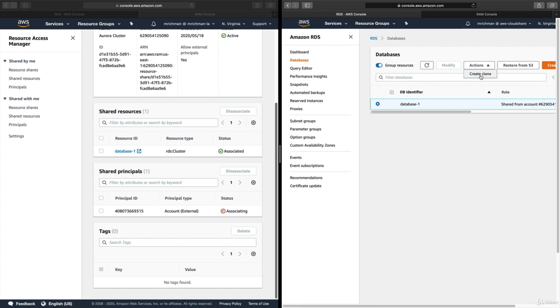So that's just a simple example of how we can use AWS Resource Access Manager to share resources across accounts or within an AWS organization. So that's pretty much all you'll need to know for the exam about